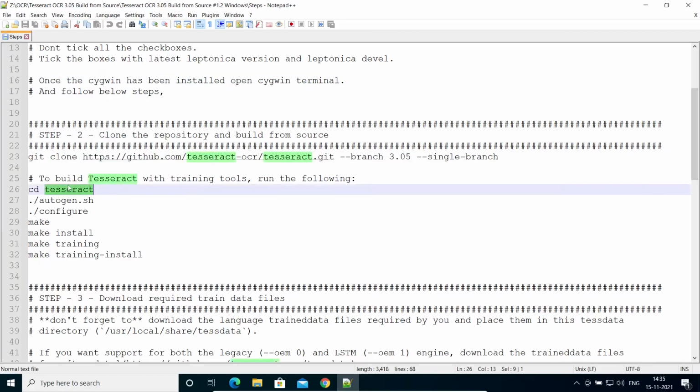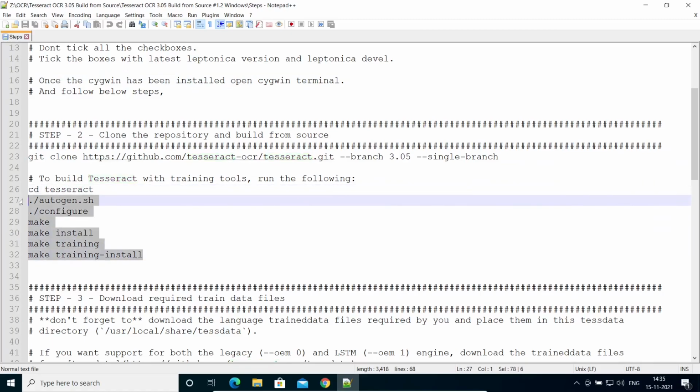So you need to go to that particular folder Tesseract, and then from that Tesseract, you need to follow these particular commands. So once you have stepped in the Tesseract folder, you need to execute these particular commands one by one.